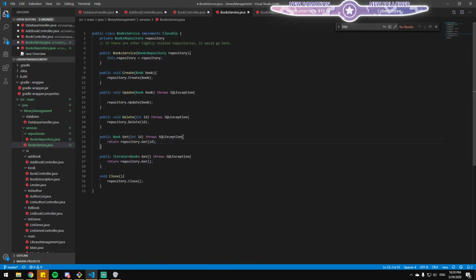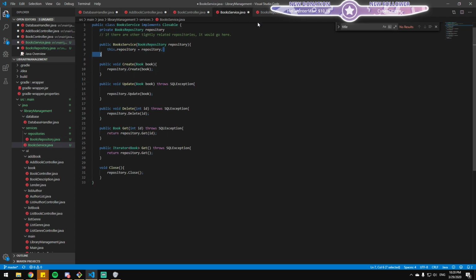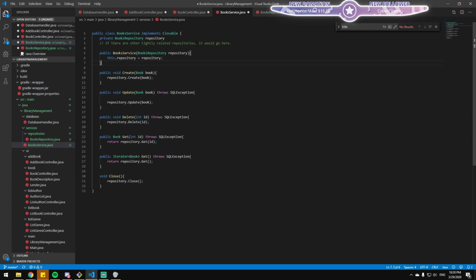So other than just combining different repositories, a service could also have non-database related logic that maybe combines the results into one, validates one against another, does some processing of what you retrieved from the repository. It is basically the wiring point of all the logic that is needed for the UI. The last point that UI will call.